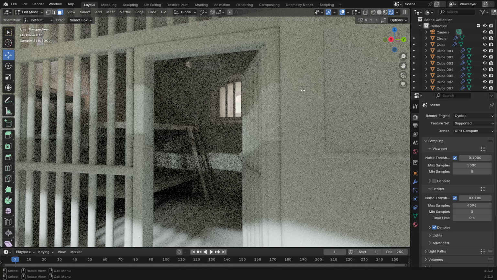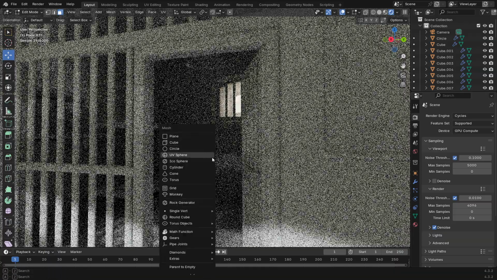But it is extremely compute intensive, and it's a really quick and dirty method. But if you just need to get some kind of light into your scene, and you don't care how long something's going to take to render, you don't care how many samples you're going to have to take for your scene,